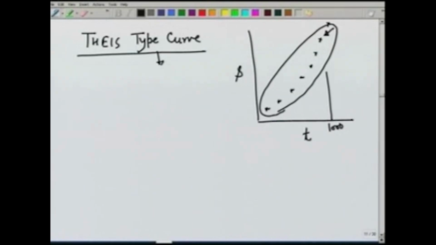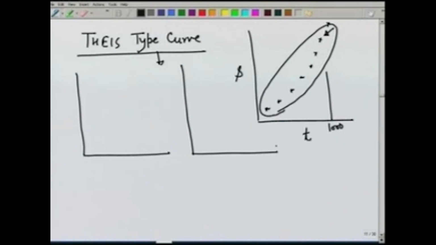And in this method we use the entire curve. The type curve tries to compare two different curves. In one of them, we plot the well function variation with respect to u or 1 over u, and in the other curve we plot t over r square versus the drawdown s. The idea is that these two curves should be similar, because if you look at the equations,